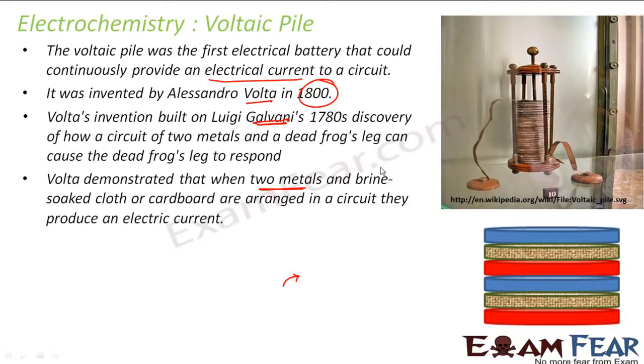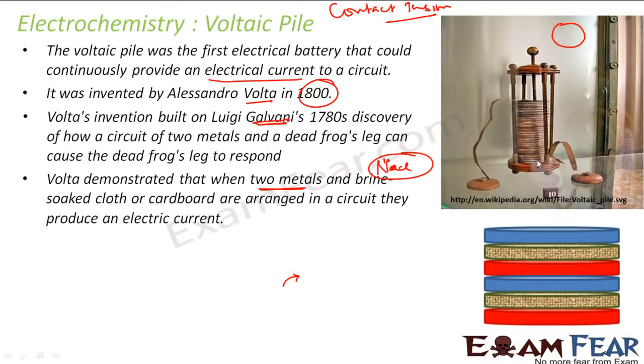To do that, he demonstrated that when two metals and a brine-soaked cloth, brine is nothing but sodium chloride, salty water, are arranged in a circuit, they produce electricity, and they are arranged in this pattern. He believed that the electricity was coming from contact tension between two metals. He didn't use rods, right? He used plates. If you see, they are all plates like this. He used so many plates,